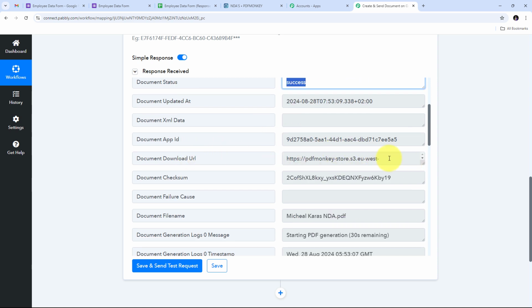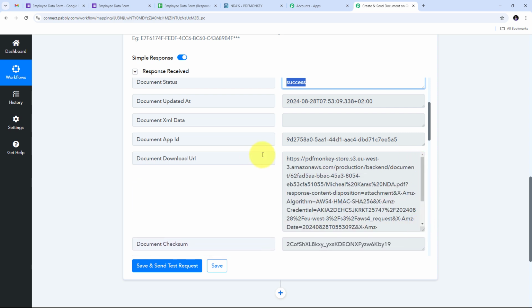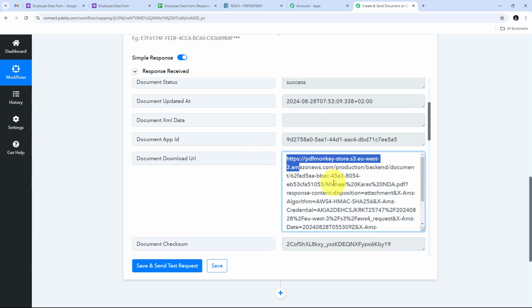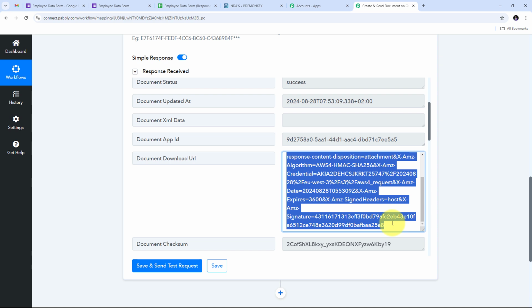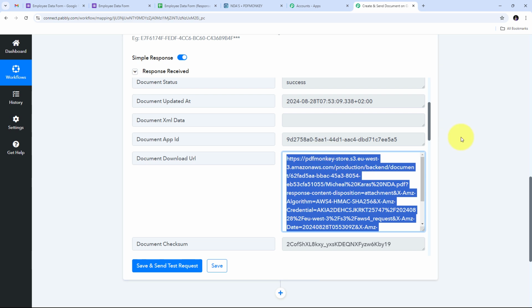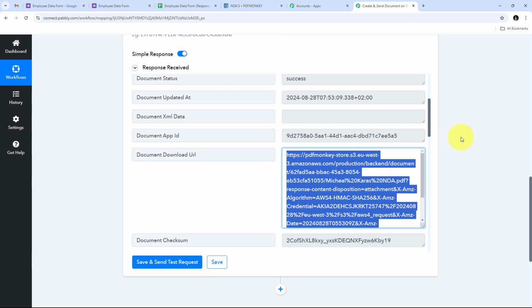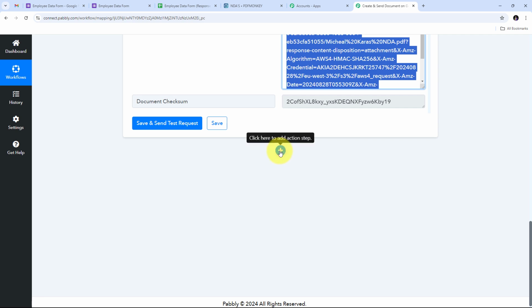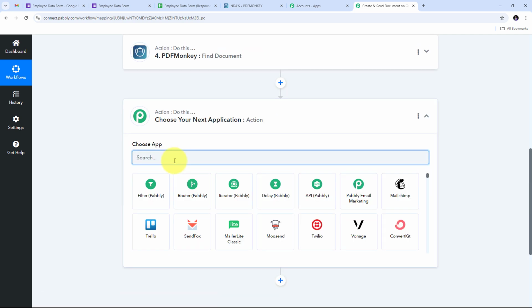And also in this response, I have this download URL. So this is the download URL of my document and by using this download URL, I can send my document via Gmail to my employee and this non-disclosure agreement can automatically be sent to my employee. So here I have received all these details of my document and now for sending this document to my employee, what I'm going to do is I'm going to add my last action step and here in my action application,